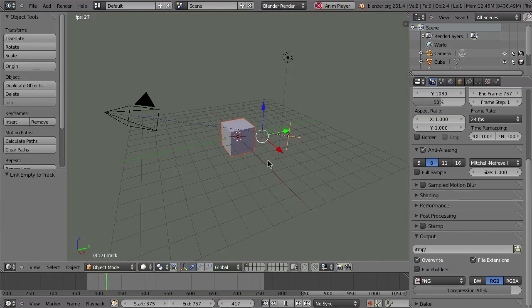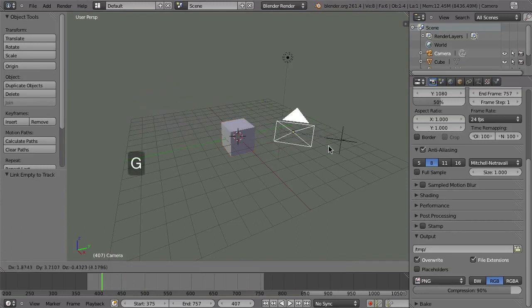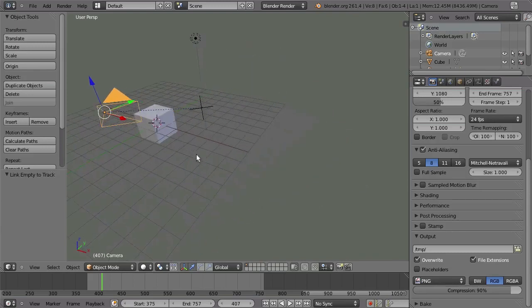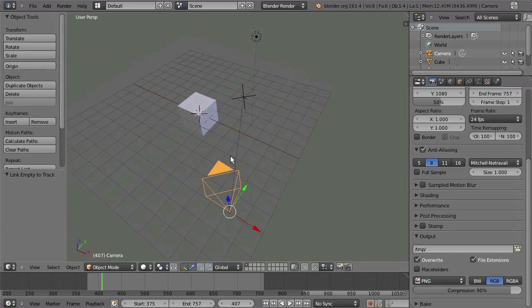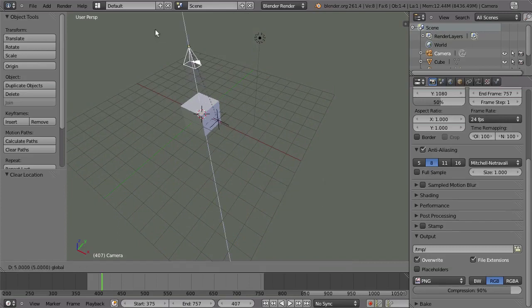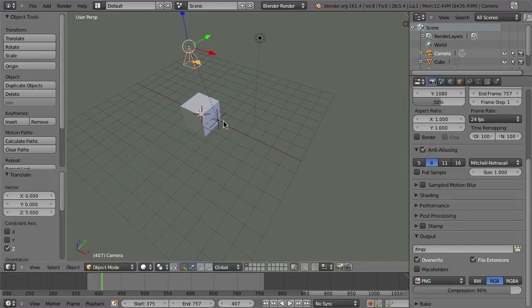Now you can see that we have this marker moving around in space, and if you select the camera and move it around, you will see that the marker, or the empty, is now indeed somehow attached to the camera. And since we don't need a 3D camera in space, but just really need the 2D space of the image, we can hit Alt-R and Alt-G to clear the location and rotation of the camera, and then just move it up along the Z-axis, maybe 5 Blender units.